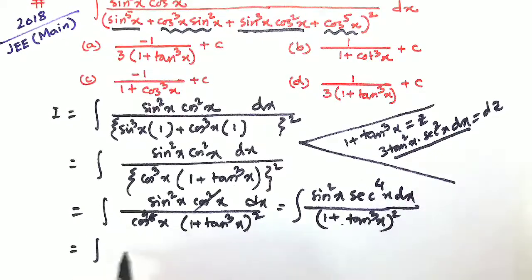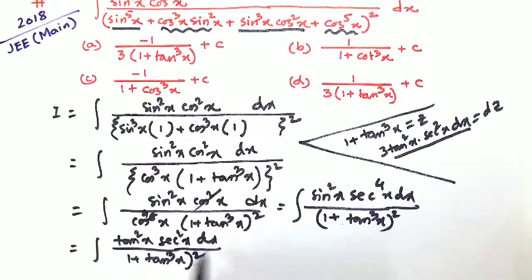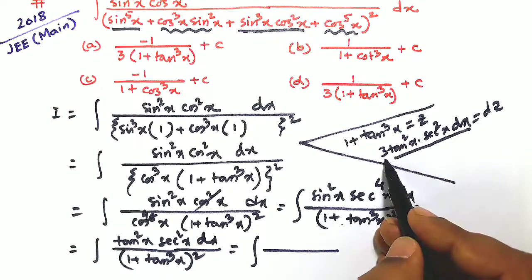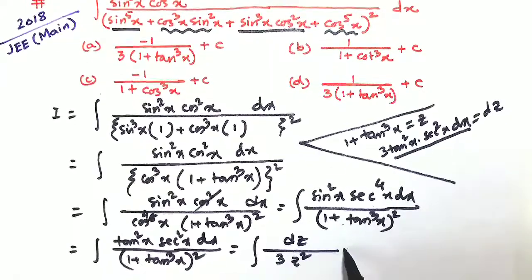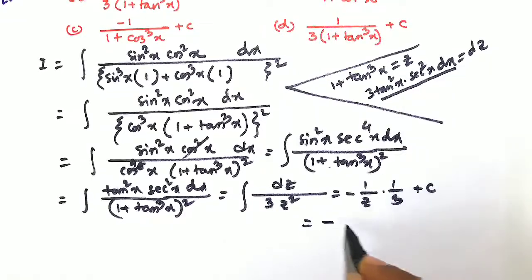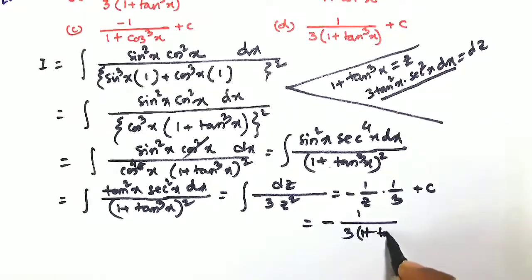So it is actually integration tan square x into sec square x dx divided by 1 plus tan cube x whole square. And we now substitute 1 plus tan cube x is equal to z, and tan square x into sec square x dx is equal to dz by 3. So we can write, actually this is dz divided by 3 into z square, and this is obviously minus 1 by z into 1/3 plus c, and this is equal to obviously minus 1 by 3 into z. Z is equal to 1 plus tan cube x,